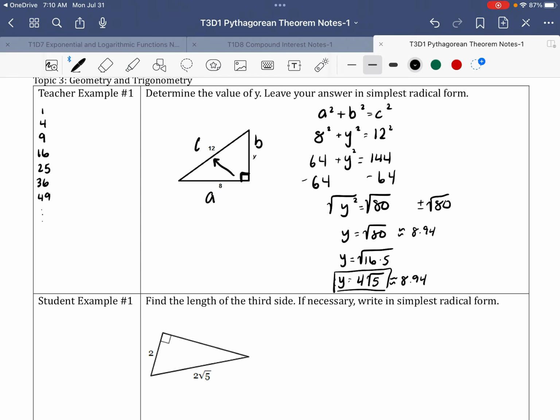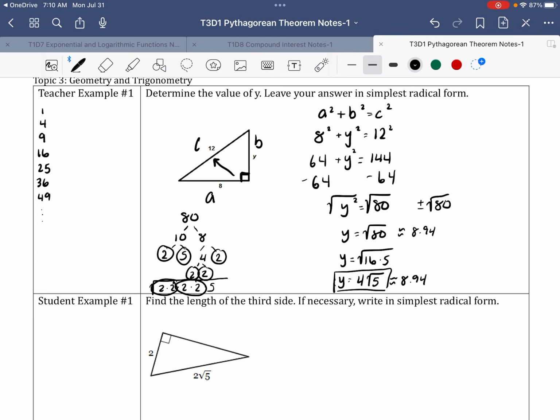Okay. The other way, if you don't know all your perfect squares off the top of your head, is just to go through the prime factorization. So take any two numbers that give you 80, so 10 times 8, for example, and then just keep going until I only have prime numbers. So 2 is a prime number, 5 is a prime number, 4 is 2 times 2, and 2 is a prime number. And then I'm going to rewrite it as 2 times 2 times 2 times 2 times 5. And then any pair of the same number